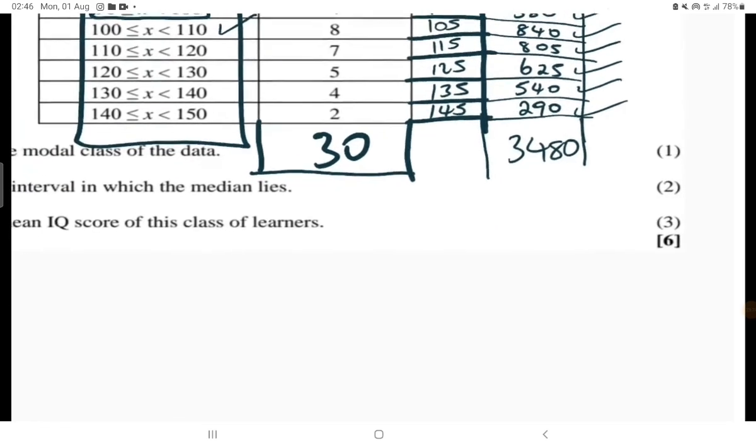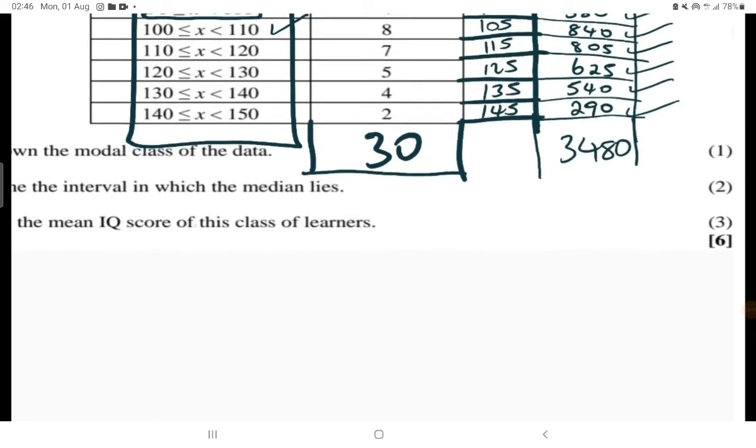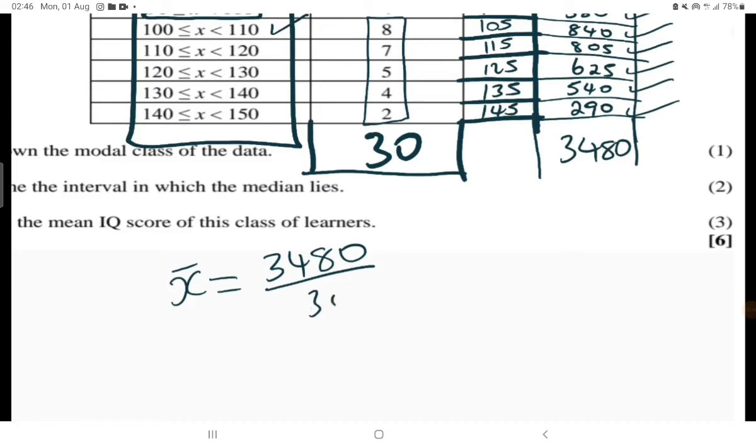So we're almost done. Then therefore the mean, x bar, is equal to 3480 divided by the sum of the frequency. The sum of the frequency is when we added all these things to get 30. So divided by 30, the answer will be equal to